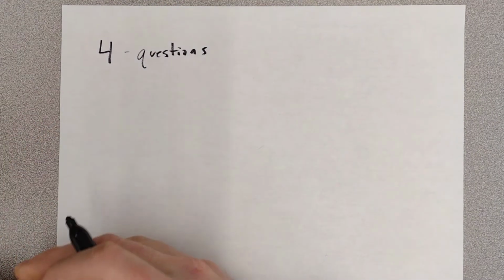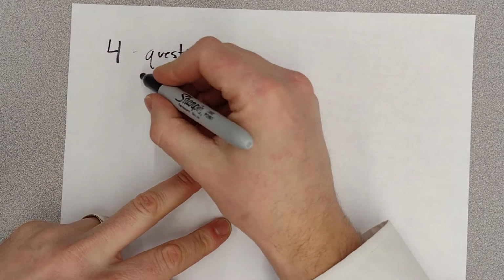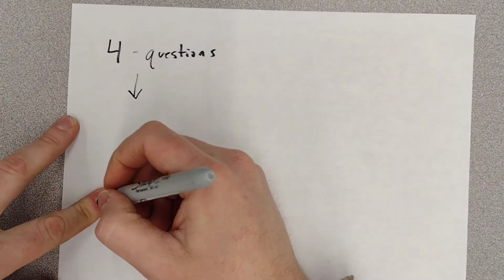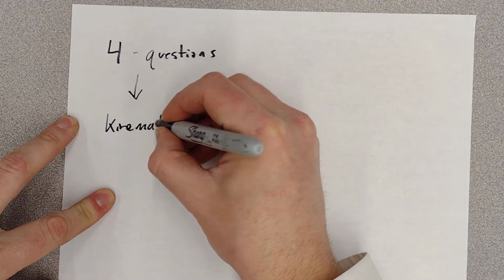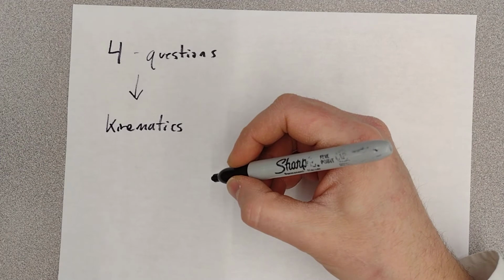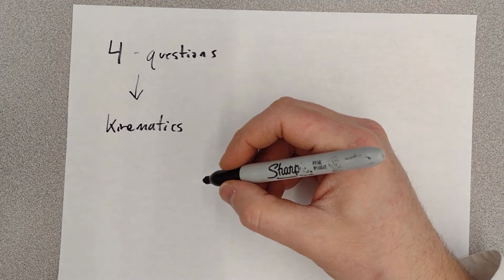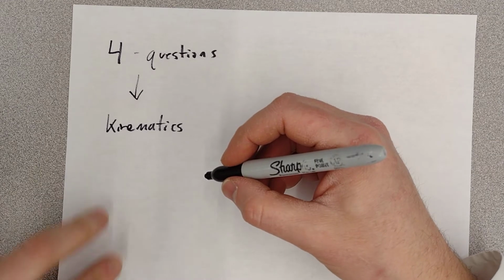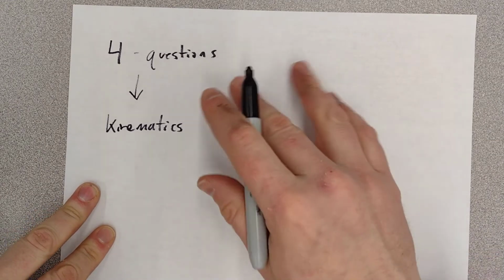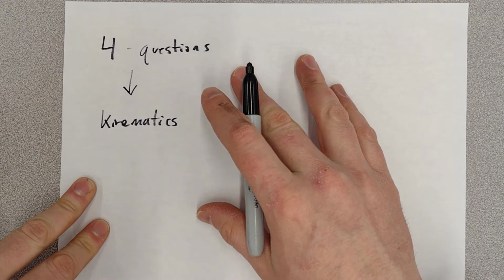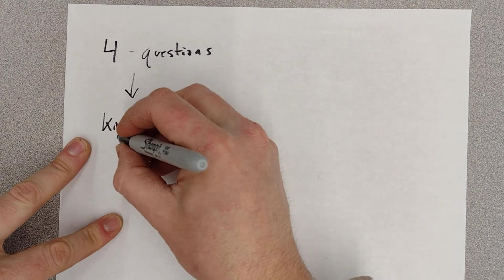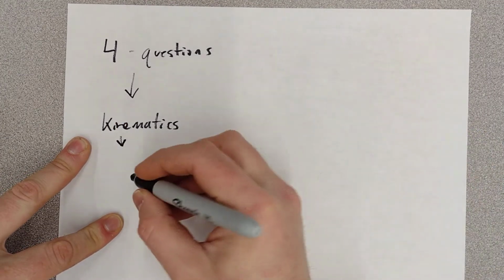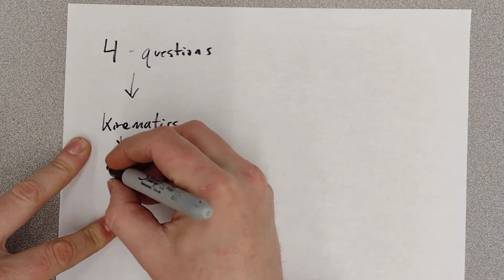All right, so what are they going to be? Well, one of them is going to be kinematics. Kinematics, so the general idea there is you'll get a function of some kind. It may have to do with terminal velocity. It may just be a function, position, velocity, acceleration. Big thing to remember there is it's going to be clearly with calculus, right? So you got to remember that